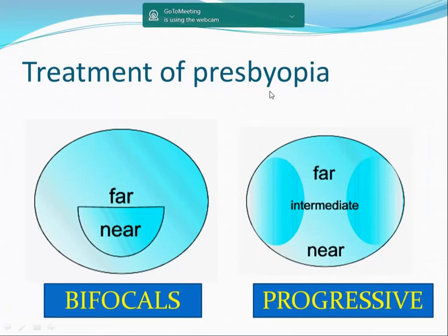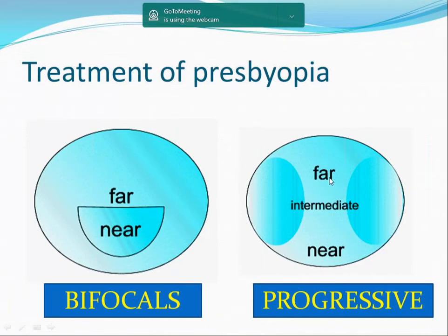So then what will happen? The near vision decreases in that person. For that, we have to give some plus lenses to aid his vision. These plus lenses are added to his distant lenses. That means whatever is his distant correction, the plus correction will be added to it. These are called bifocals. But in modern times, we don't want to have these bifocal glasses because they have a jump effect. Also, they don't look very good cosmetically.